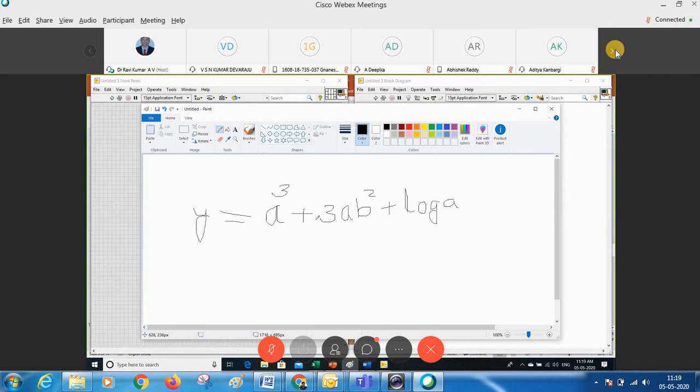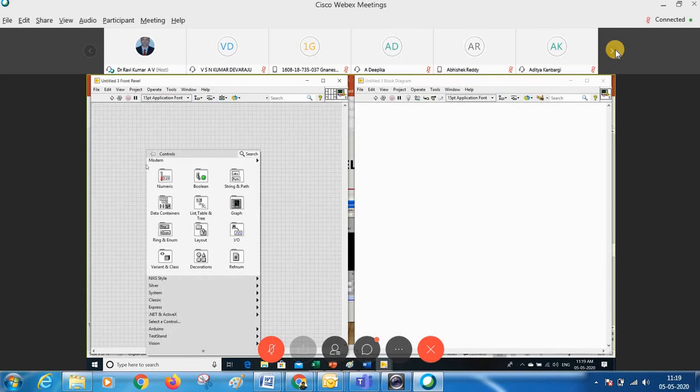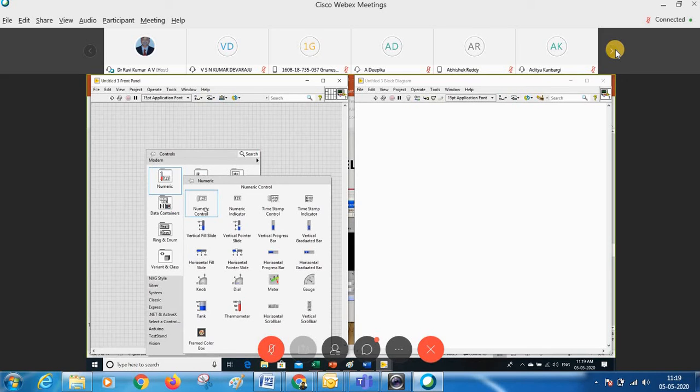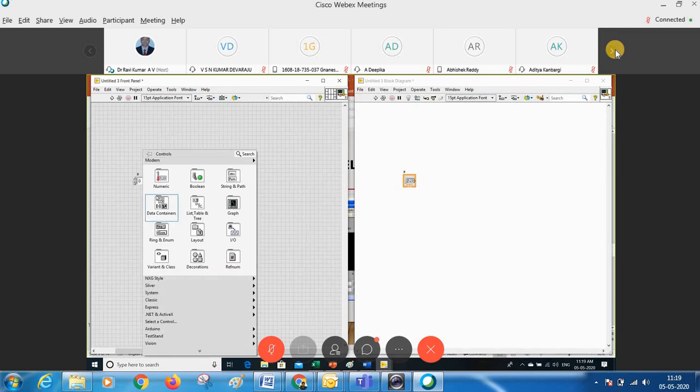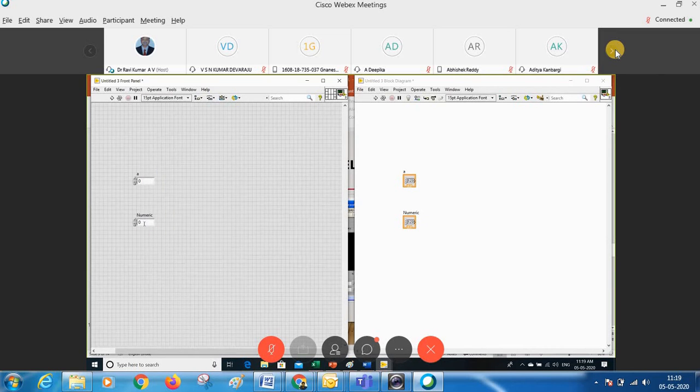Likewise, I need to take the variables first in my front panel. After that, I can use the functionality where addition or multiplication or any logarithmic expression or trigonometric expression, anything, I can take up these functions and implement whatever the expression is. Let me first take the variables. I'll have two input variables. So for that, what am I supposed to do? Come to the front panel, go to the numeric. In the numeric, I'll take one variable as an input, a. This is a, and similarly, I have taken one more variable, b, and one output should be there.